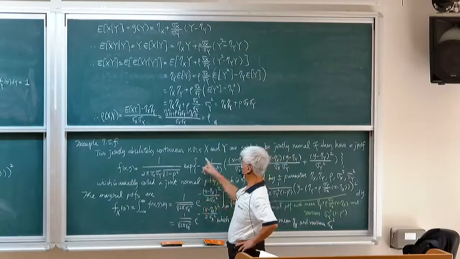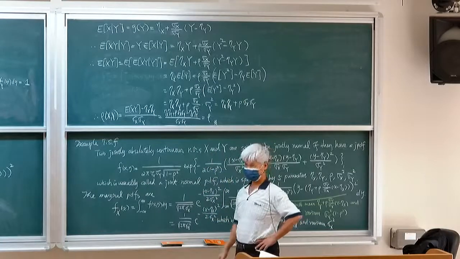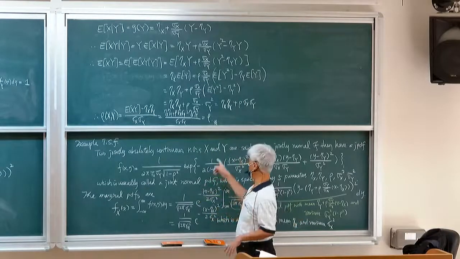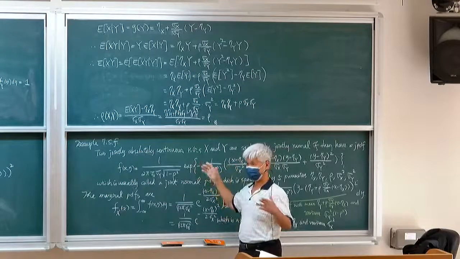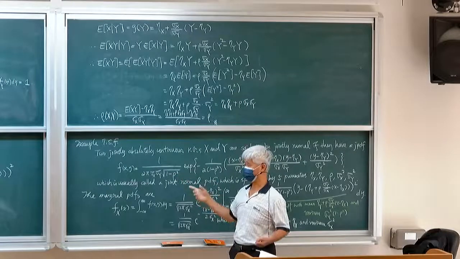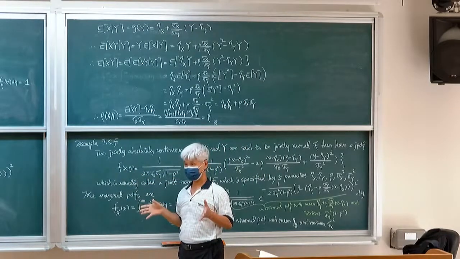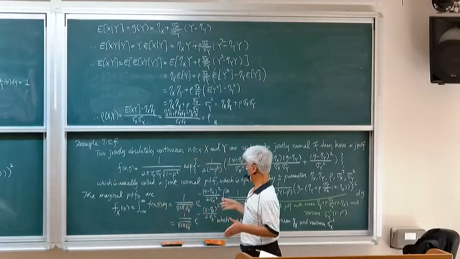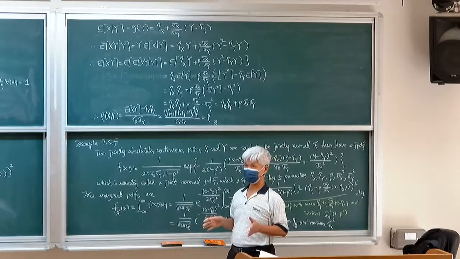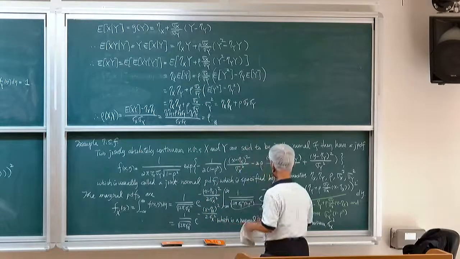When you have more than 2 random variables which are jointly normal. So we will consider, for example, you have 1,000 random variables, they are jointly normal. How can you write down a joint PDF for these 1,000 random variables? We can do so by the aid of linear algebra. So we will see that in the last section.